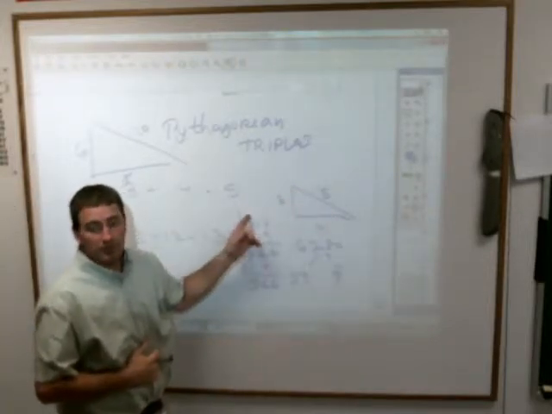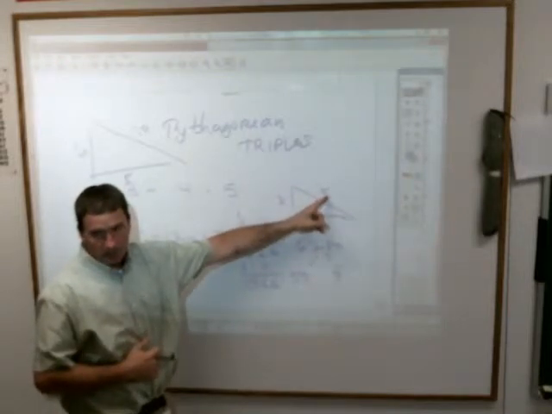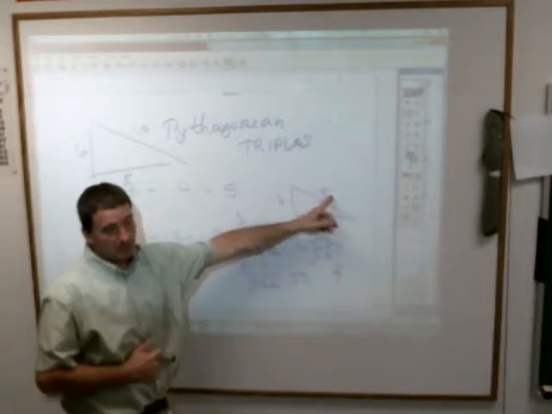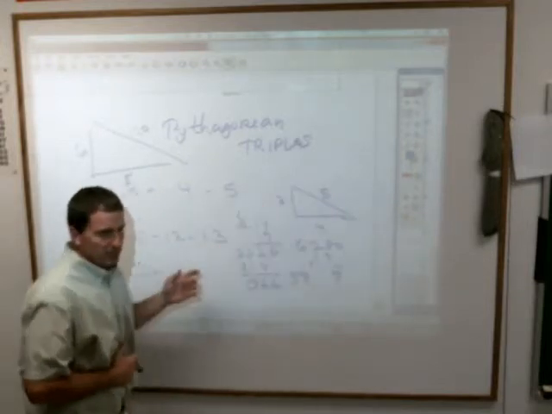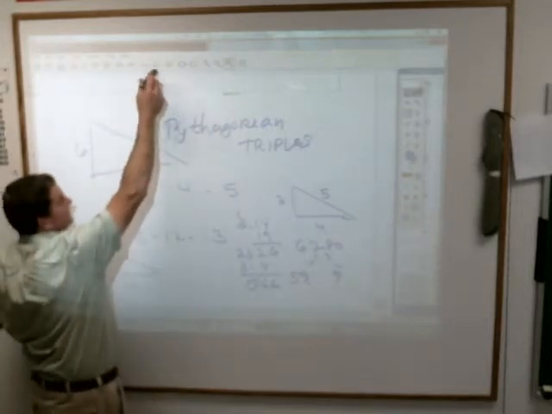Or if you tripled all the sides and made a 9, 12, 15 triangle. Or if you did 10 times each side and made a 30, 40, 50 triangle. Those are all triples. It's just they couldn't list all those because it would take absolutely forever for them to do it. You'd never do it. Okay? So when you see something like this,